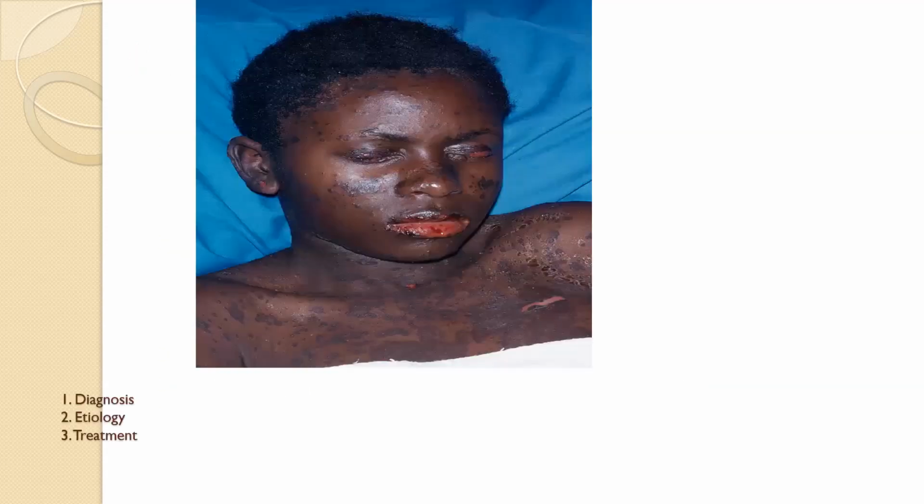So if we're looking at this patient, we see a lot of hyperpigmented lesions, blistering lesions. You also see lesions in the mouth, on the eyes as well. So this is a generalized multi-system involvement. So the background of this patient is that he's a 25-year-old male that comes complaining of this rash that started